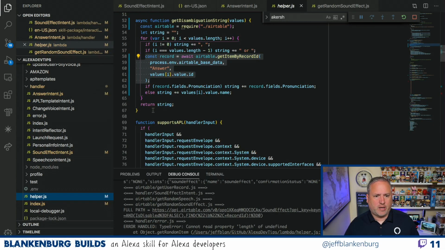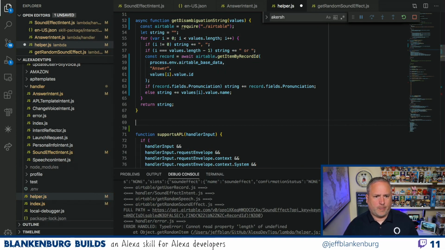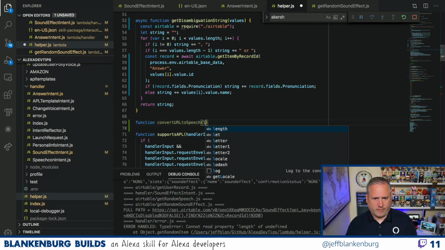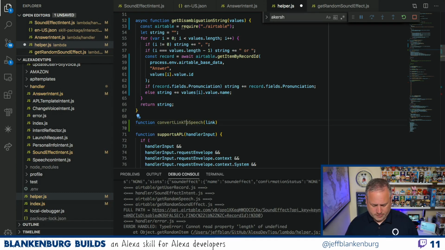So we're going to say function convertURLToSpeech. And here we're going to have the link. Let's do this consistently. Convert link to speech. Okay.